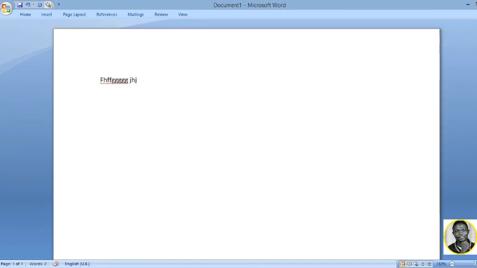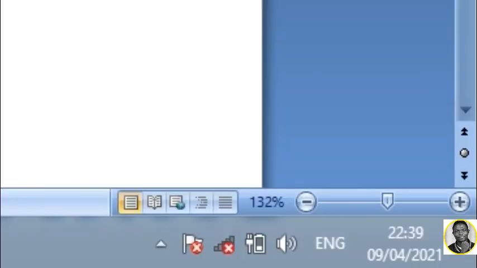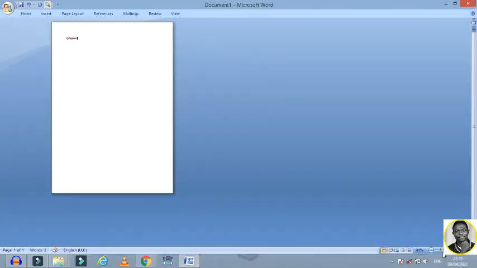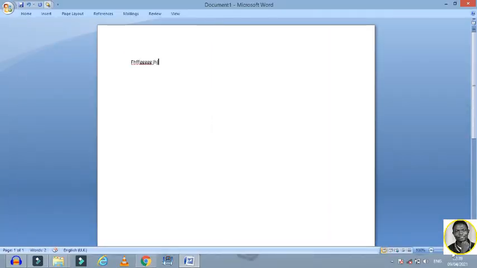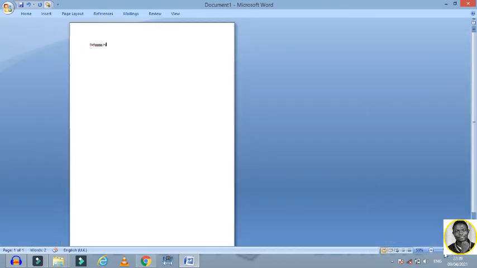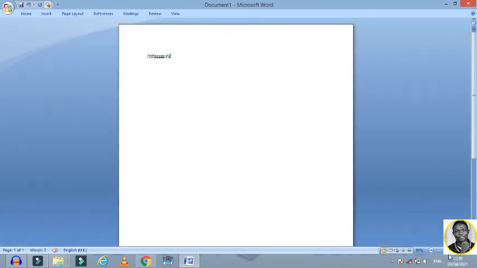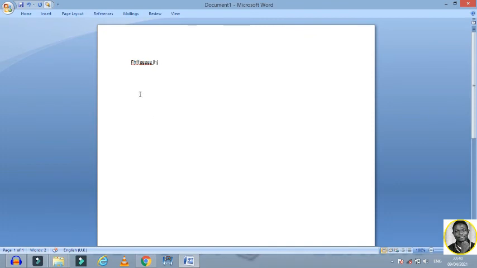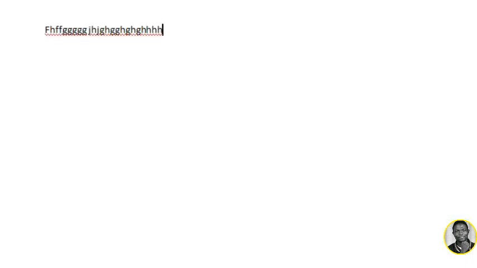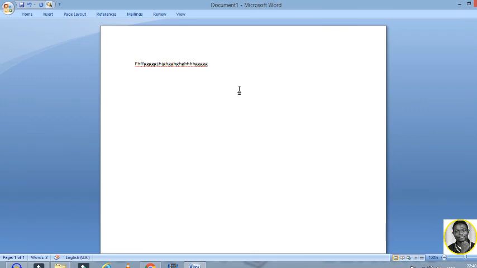Also, we have what is called zoom tools and features. Looking at this place, the zoom, if I come down here, you see that it reduces, but the normal one is 100%. I can make it big, I can make it wide if you want to see what you are working on. And also, this is the text area. This blank space is the text area where you can work on your Microsoft Office Word. And then the last one is